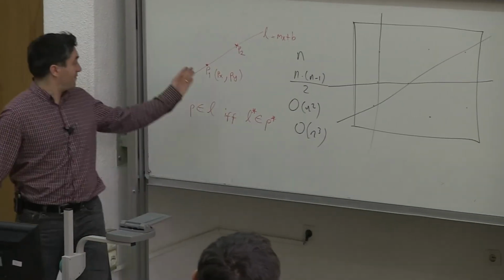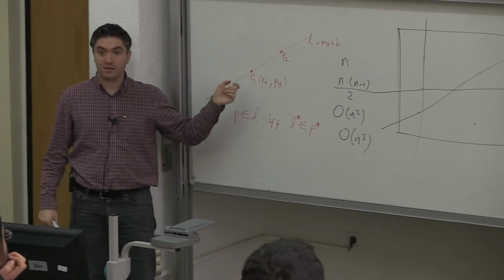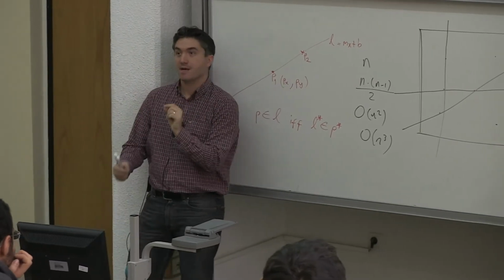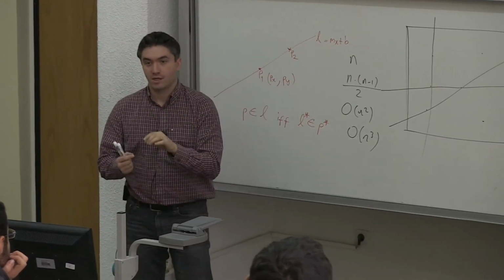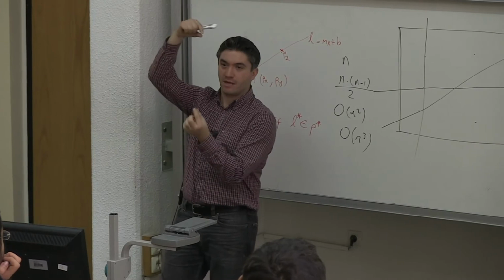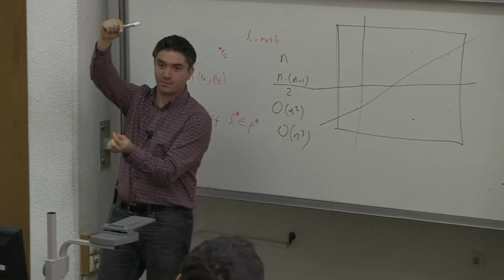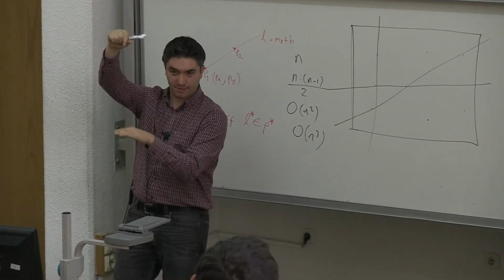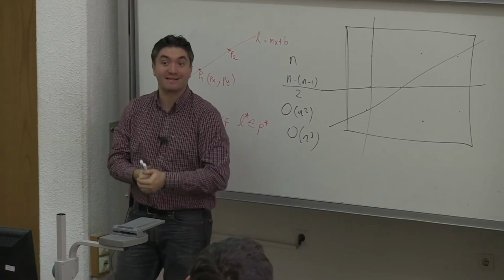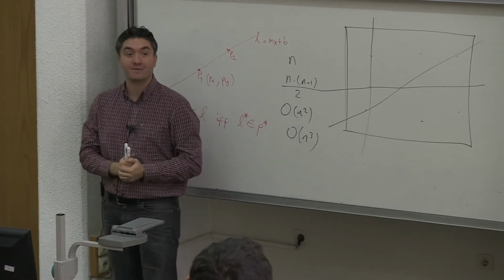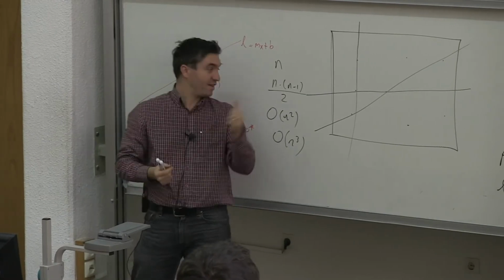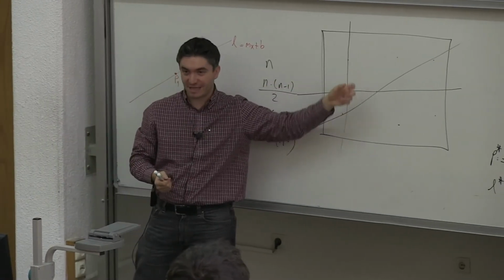Yeah, they have different coordinates, so they are going to be different lines. But if 2 points have the same x coordinate, it means that their dual transforms are going to be parallel lines. Their intersection is not going to be defined. If 2 points here in the original primal plane have the same x coordinate,